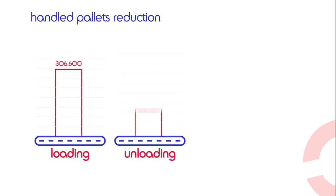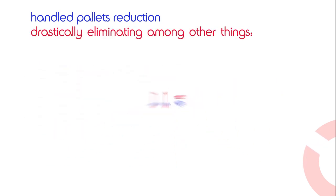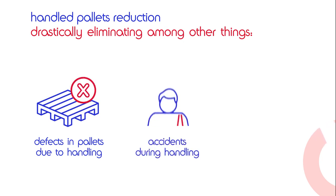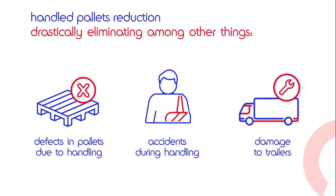Handled pallets reduction. Up to a total of 613,200 pallets per year will no longer be handled manually, drastically eliminating, among other things, defects in pallets due to handling, accidents during handling that may cause damage to people or delays in service, damage to trailers during loading or unloading,